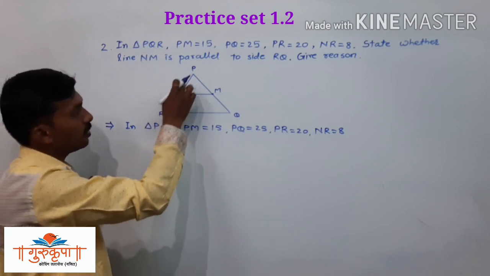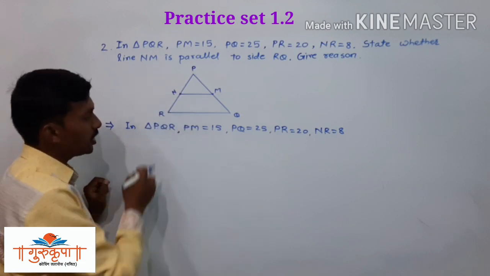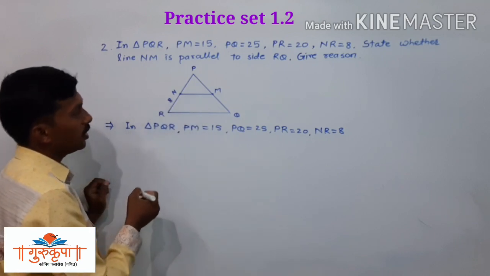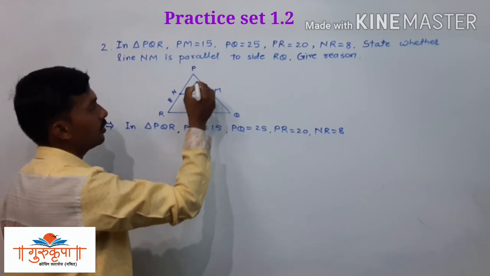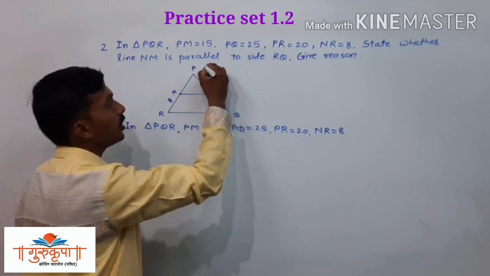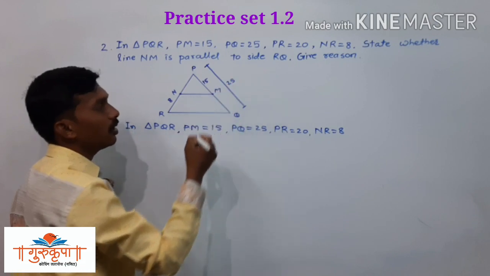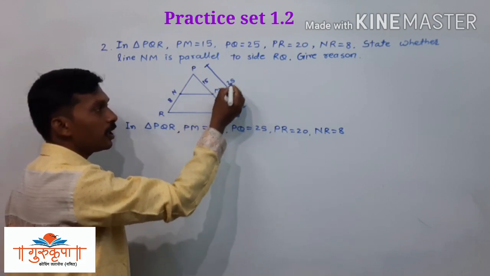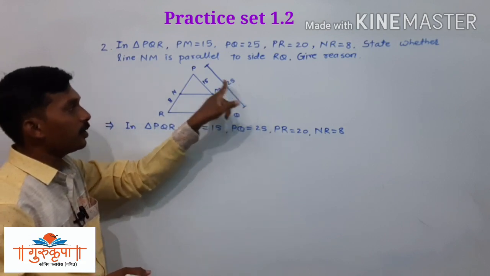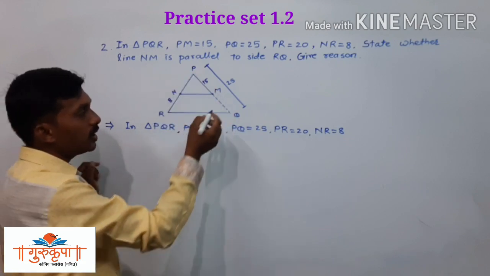Check whether PN is given or not. PN is not given. So how can we find PN? See, RN is given, that is 8. PM is given 15. This part is given 15, PM. Then PQ is given 25. This total segment PQ is given 25. Now you can subtract this 15 from 25 and you will get this distance QM, and it should be 10. That is 25 minus 15, using the relation of betweenness. M is in between P and Q. So you can easily get this QM.